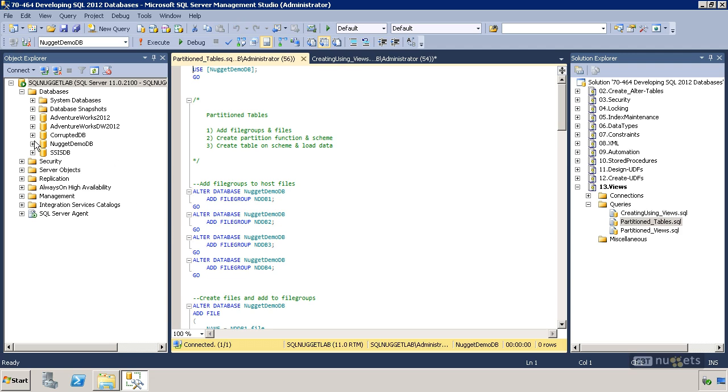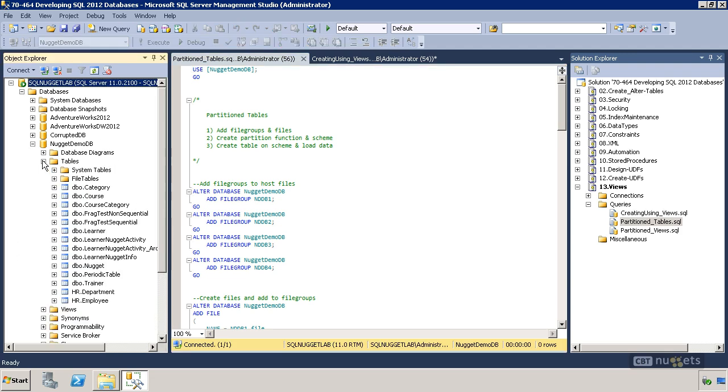And we have a great sample table inside of our database that would make a good candidate here for partitioning, and that would be our learner nugget activity table. Again, let's say this is a huge honking table. Right now we have like 1 million records. Actually, we have close to 1 million in our archive table. We'll use that one with partition views. For our learner nugget activity table,